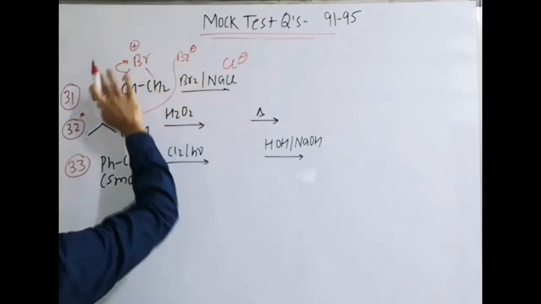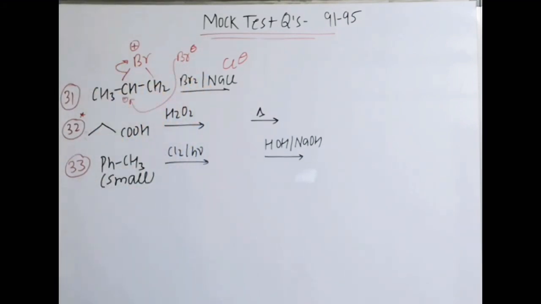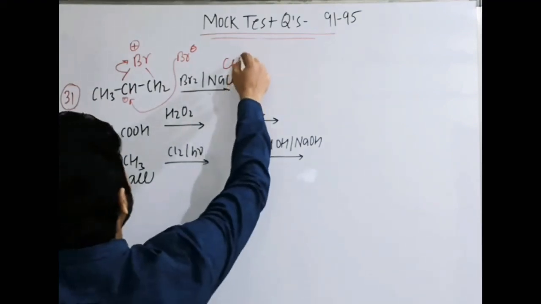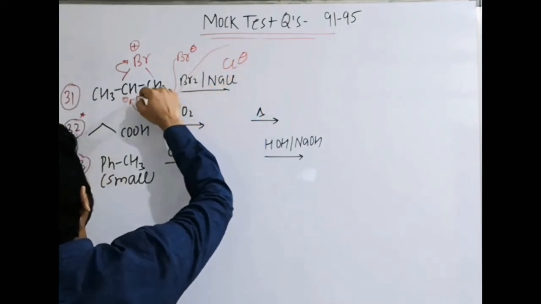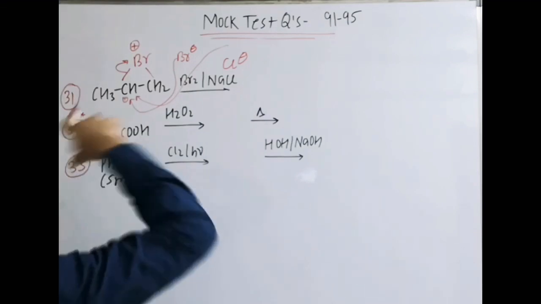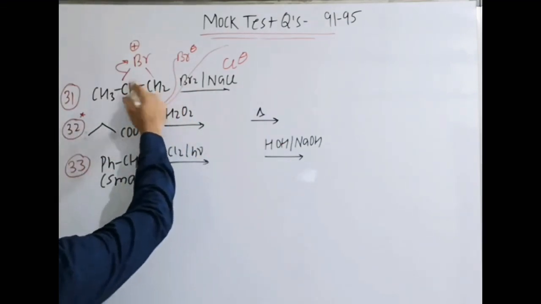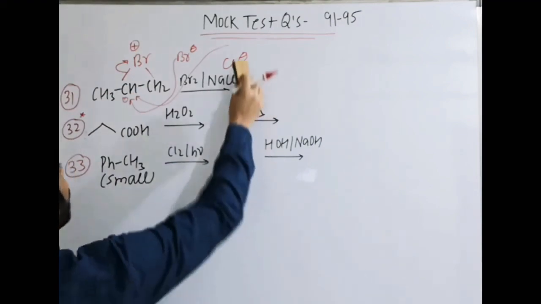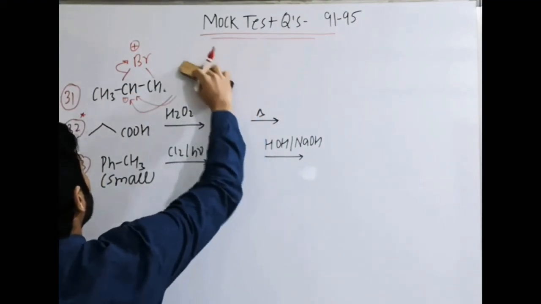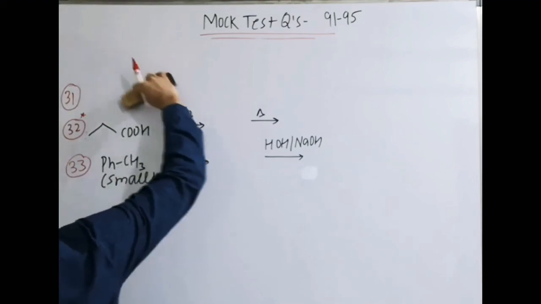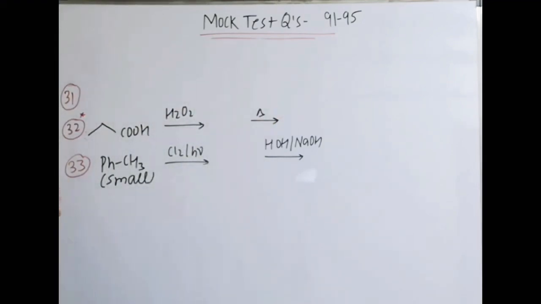If Br attacks there, we get the dibromo product, that is vicinal dibromide, or the major product will be where Cl minus also attacks here, which is in major amount because the Cl minus concentration is more in the solution. So we will get a 1-bromo 2-chloro compound. So go by the options where it is given as a mixture of the products, or if not given a mixture, then the major product will be 1-bromo 2-chloro.